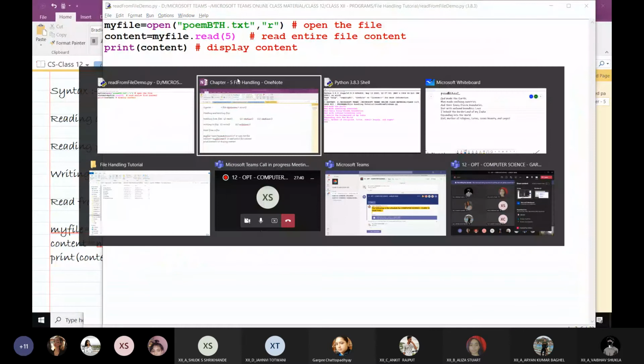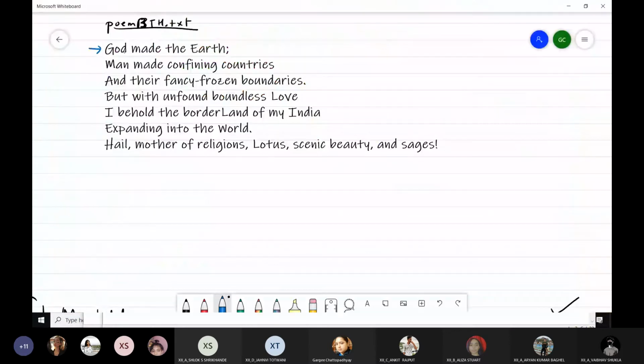So what will happen over here? In the beginning, your file pointer is here. Read 5 bytes, the first 5 bytes. That means God, then a white space, then M. So what is going to be there in content?